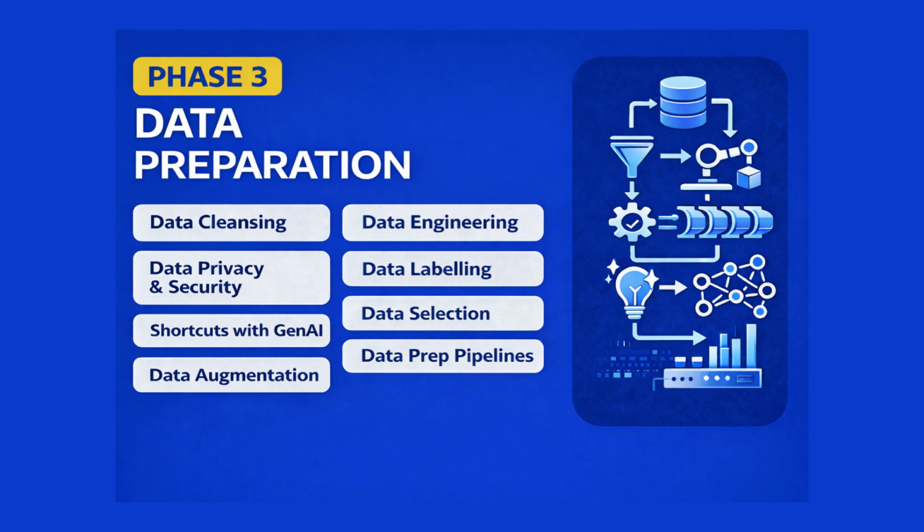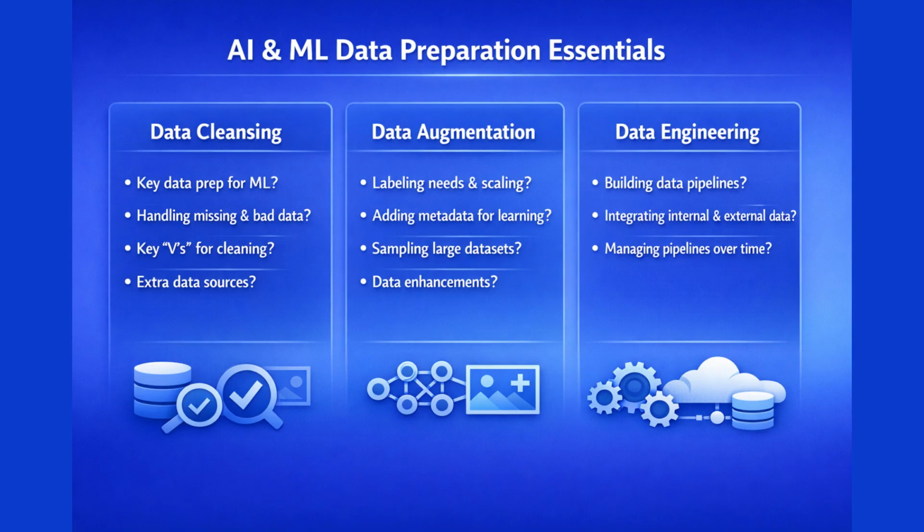What do we need to do so that our data is well prepared for machine learning project? What are the V's that we should be worried about when it comes to data cleansing? How are you going to deal with data that is missing? How are you going to deal with data that is incorrect? What are the sources of data that we can use to validate whether the current data is okay? Or if you want to enhance the current data, what is the additional source of data that we can use